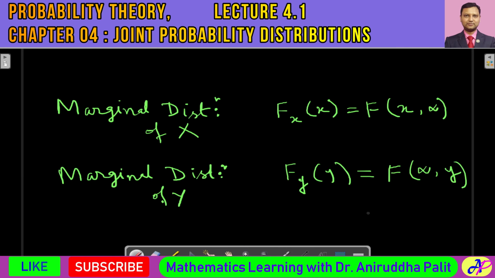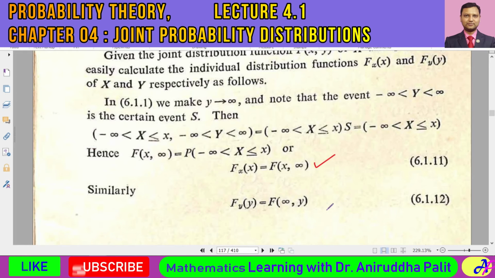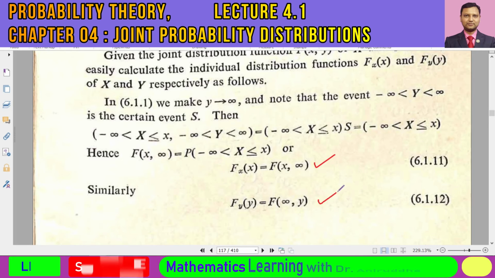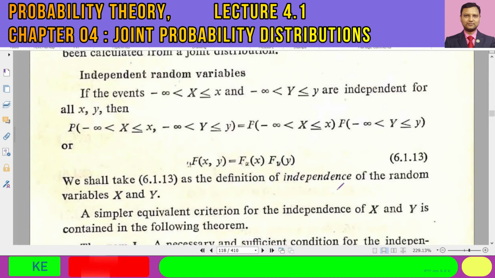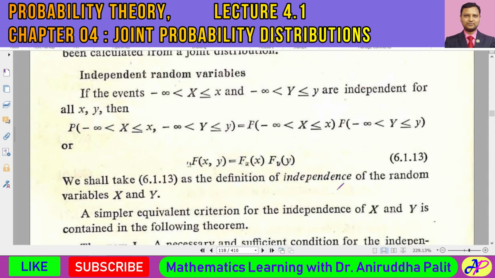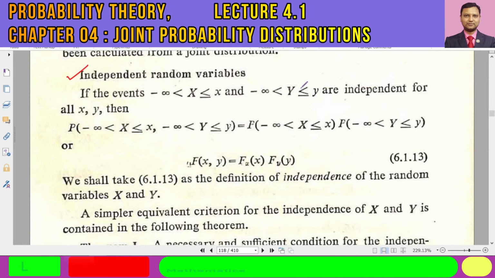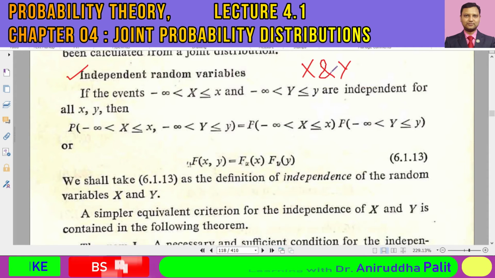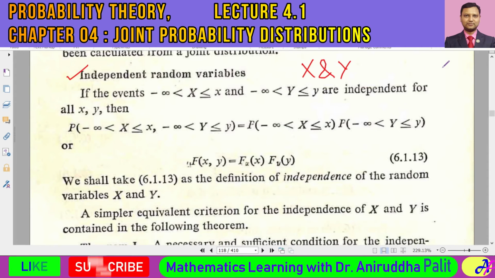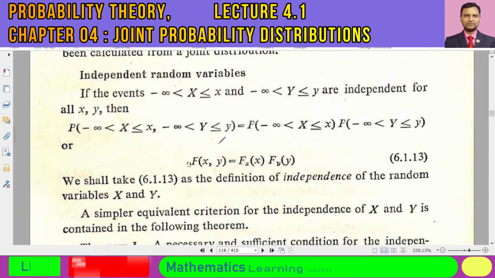Yes, sir. So we have discussed the marginal distribution of x and the marginal distribution of y, and now we shall define independent random variables. We say that two random variables, capital X and capital Y, are independent random variables whenever